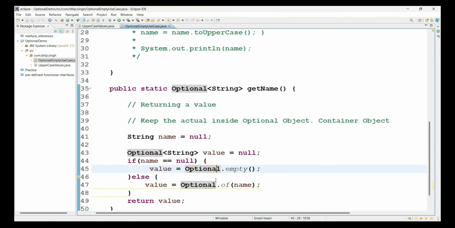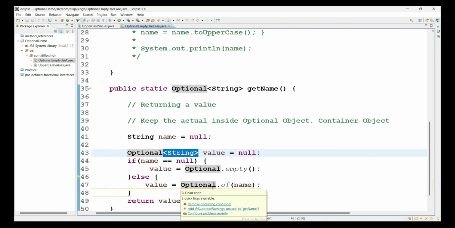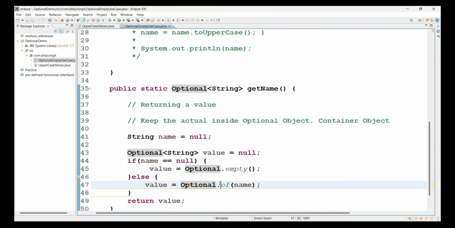But if you want to keep a real value, it might be a string value or any value, whatever generic type you defined when you defined the optional type, we would like to keep that value. So we always use the of method. When you have a real value, we use the of method to keep that value inside the optional. If you don't have anything to keep, then we have to make sure we return an empty optional object